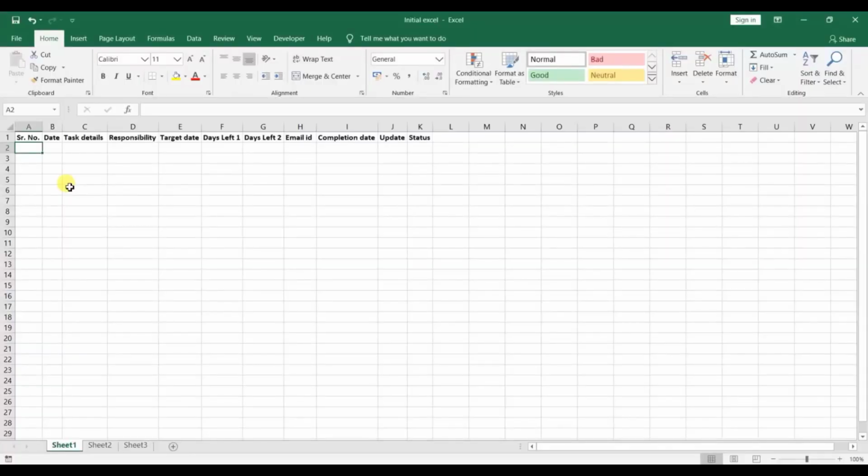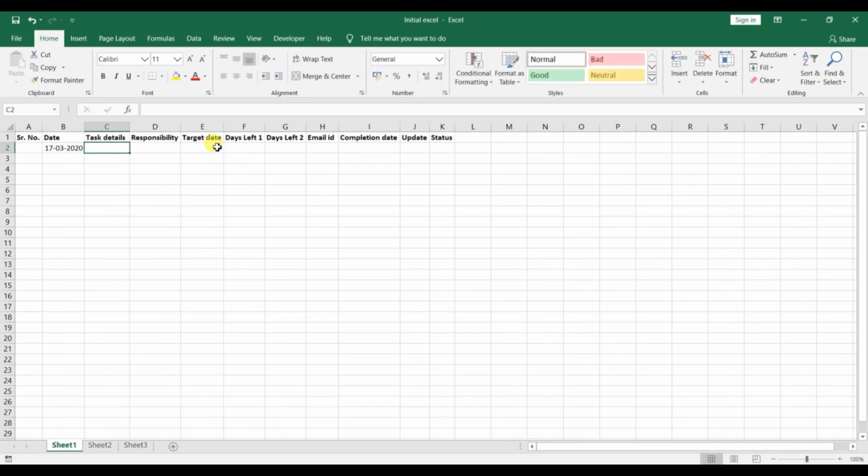Welcome to the new lecture of this section, introduction. In the last lecture, we prepared all these columns, and now we want to generate the data. But many times there is a lot of data we require. Like, let's say on 17th March 2020, you have assigned one target task, where A has to